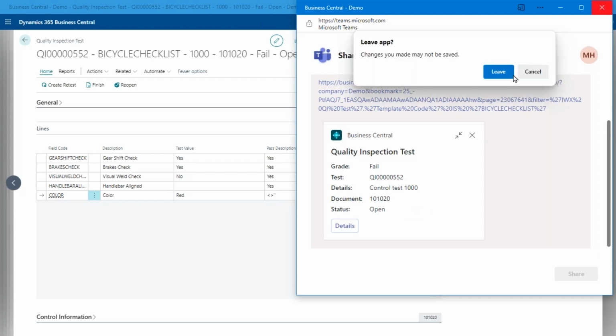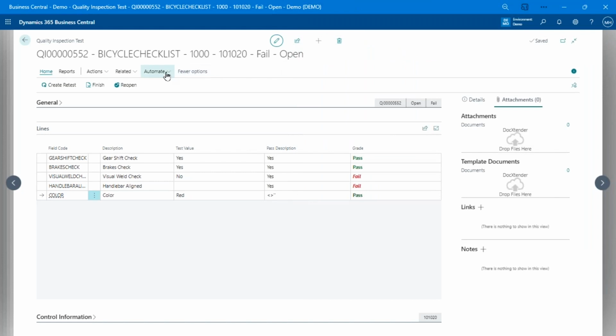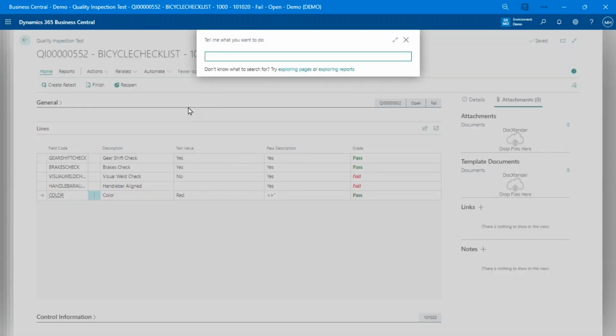The other thing you can do, instead of the normal share to Teams, is use the Power Automate capability, where I could add a button here in Power Automate to send something to Teams with whatever detail I like, or send somebody an email or whatever I want. So that Power Automate capability helps us within Quality Inspector quite a bit, along with, like I said, when I finish this test. When I finish this test, I can take all sorts of actions, like in Power Automate, send Teams messages, all that kind of stuff, or I can use the built-in Business Central workflow capability. So let's just have a quick peek at that.